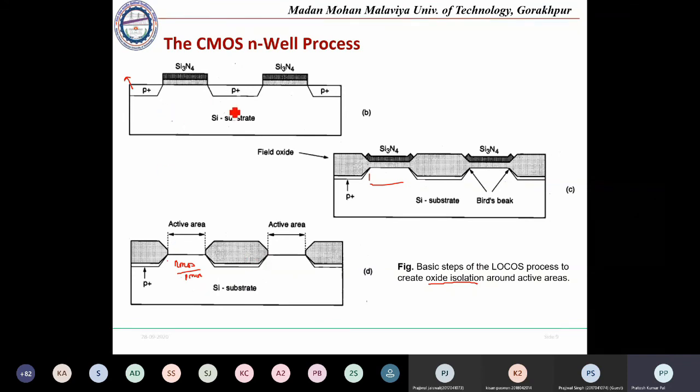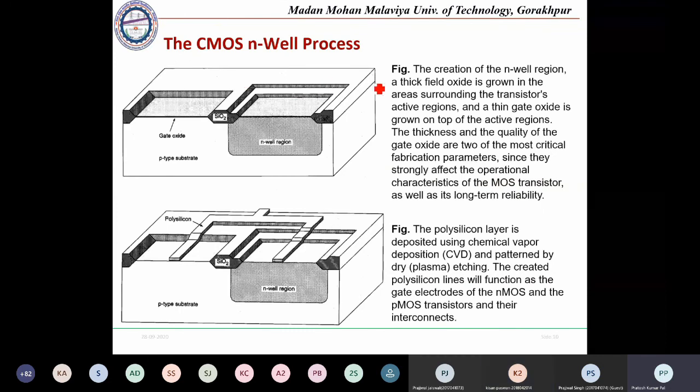So a single substrate we will be taking, and we will be doing these types of steps. Oxide will be deposited, and silicon nitride will be deposited, and along with that, to have isolation between different transistors, we will be depositing this P plus region to provide isolation between all the other transistors. So in this region, the first step after performing the oxide deposition is